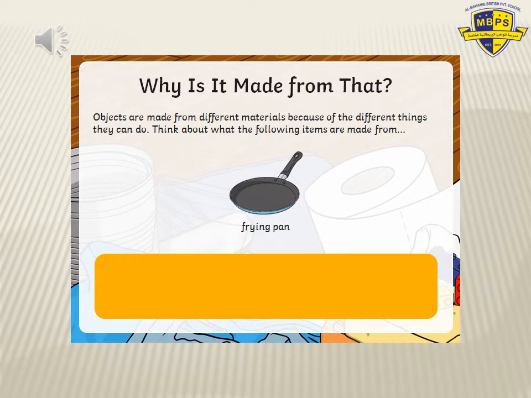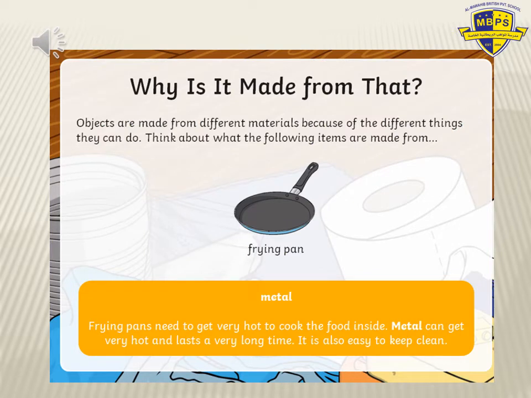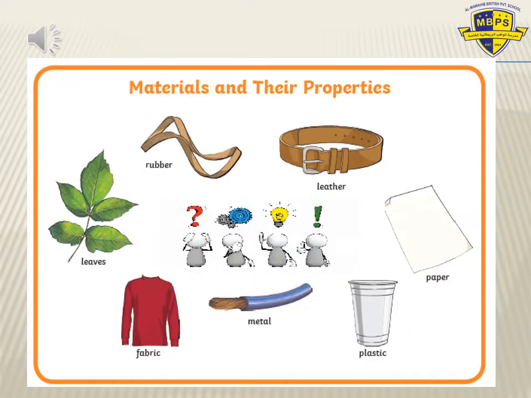Now you will have this picture also. It's a pan. We use it in the kitchen. What do you think the material it's made of? Think, and we will discuss your answer now. Good, grade 2 again. So the pan here is made of metal. Why will I choose metal? Pans need to get very hot to cook the food inside, and metal can get very hot and we can cook our food using metal materials. Thank you a lot.